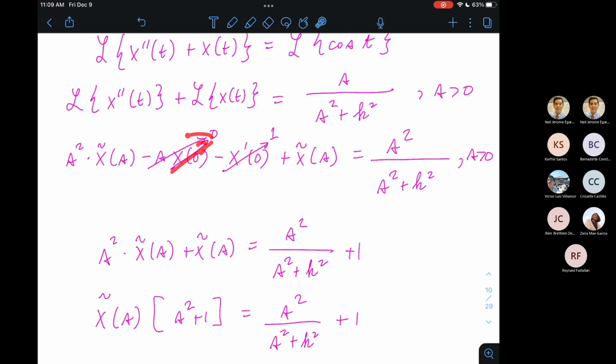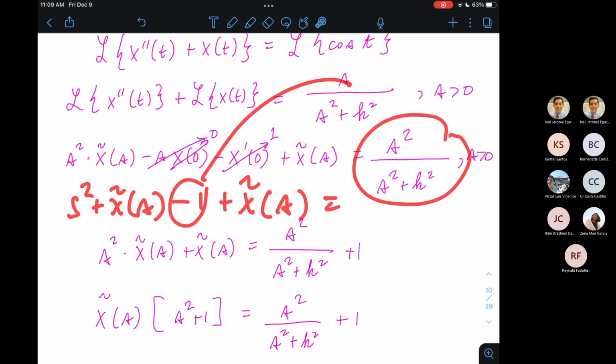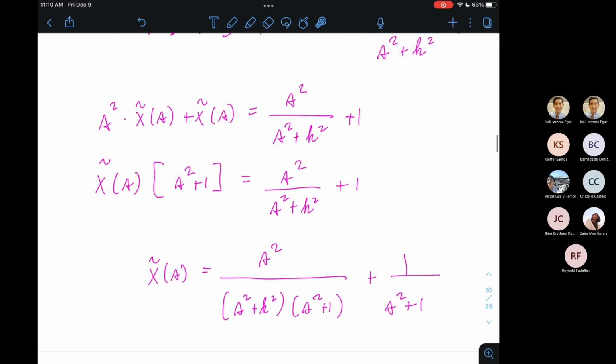Ang x of 0 ay 0, so this second term vanished to 0. X prime of 0 is equal to 1. Hence, we'll get s squared plus x tilde s minus 1 plus x tilde s equals this guy. Tapos, in-add ko na lang yung 1 dun sa kabila. We got this. Alright? Tapos nakita natin, pwede ako mag-divide both sides by s squared plus 1 and we will